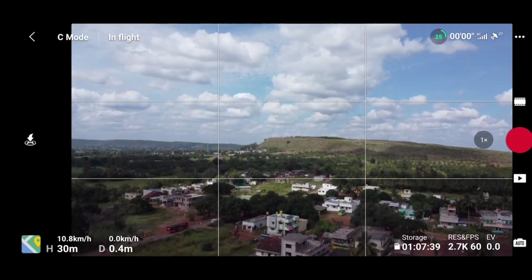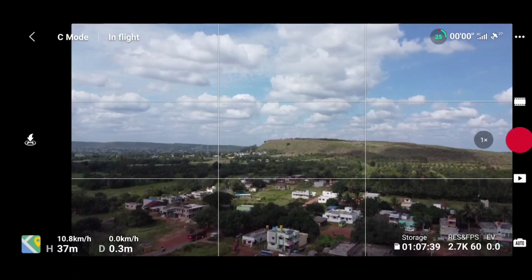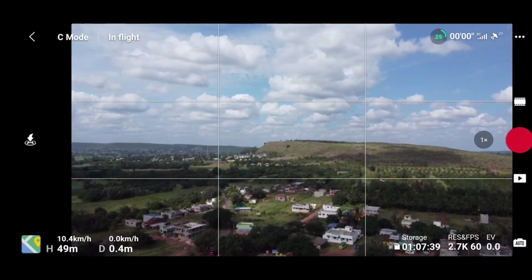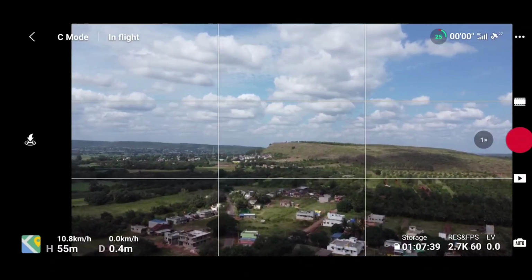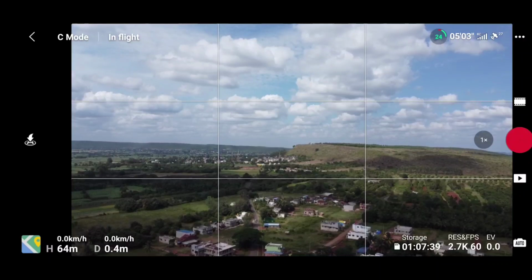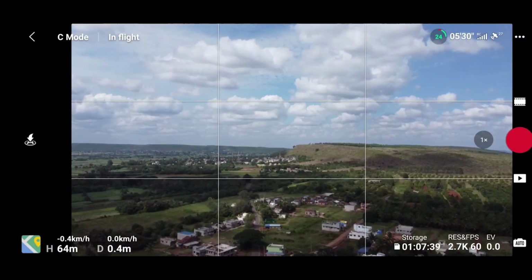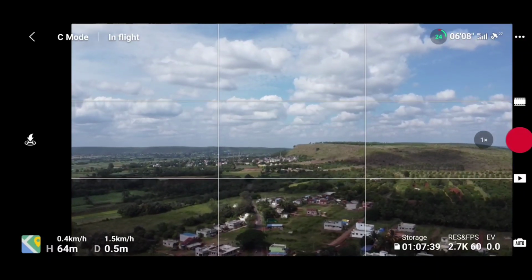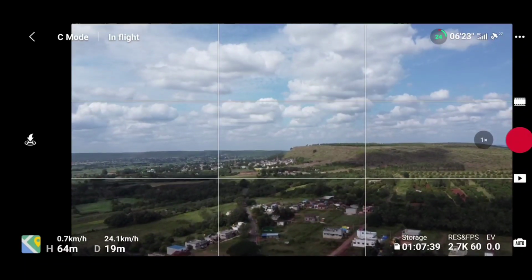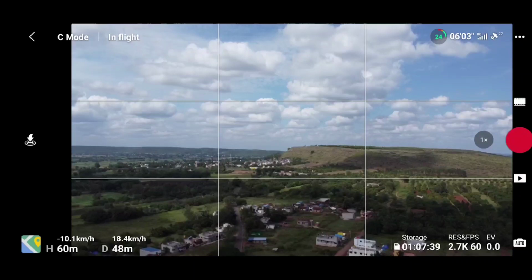This particular license will be linked with your email address. So whenever you log in to your DJI Fly app, this DroneHack license will be present in your Unlock GeoZone. Now you can see that our altitude is 64 meters and we have exceeded 15 meters without any issue. This means our DroneHack license is working totally fine, and we can update over this version.